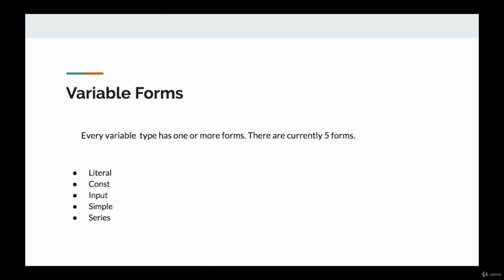All right, now we're going to talk about variable forms. Now, this lecture is going to be kind of hard to wrap your head around, so don't expect to understand it all right away. I promise it will click eventually, but if you do skip this because it's boring or just hard to understand, you're going to be finding yourself banging your head against the wall because this part of the lecture is really important, and it's something that I didn't come to understand until a couple years down the